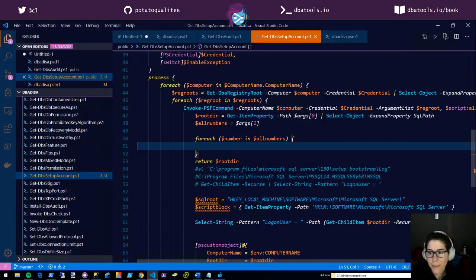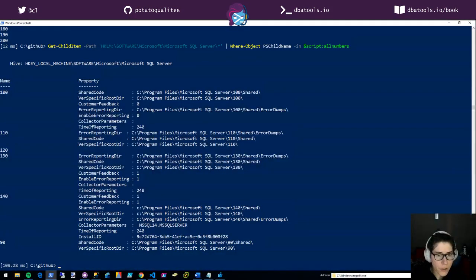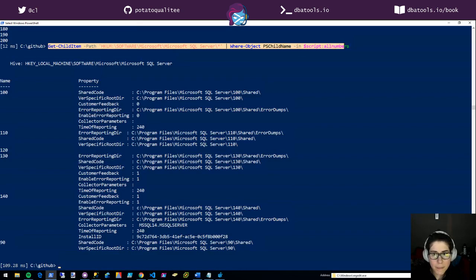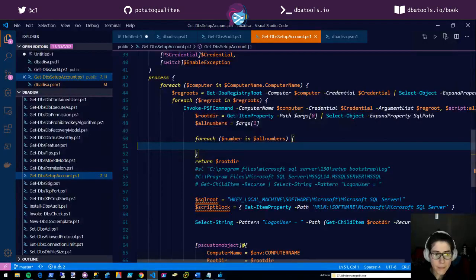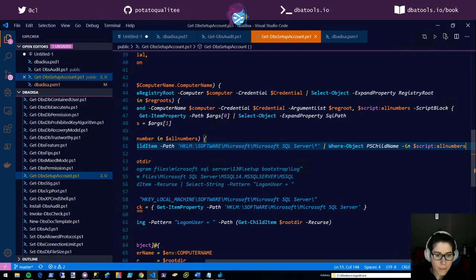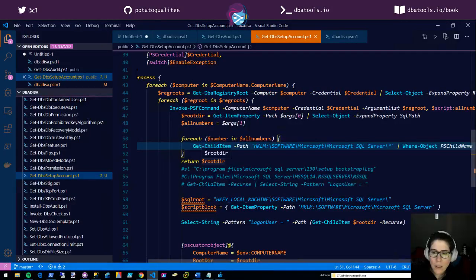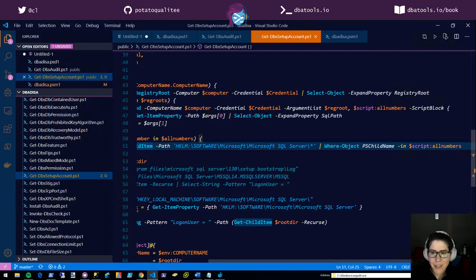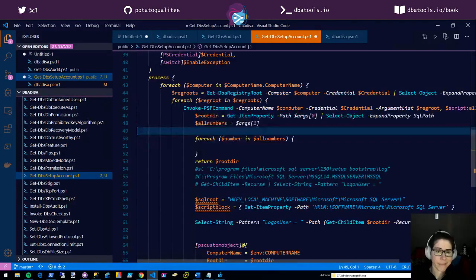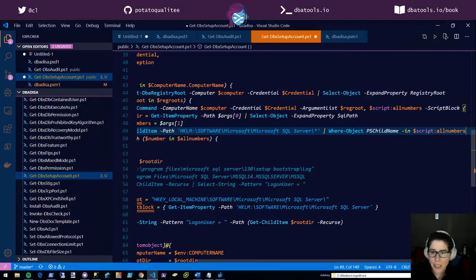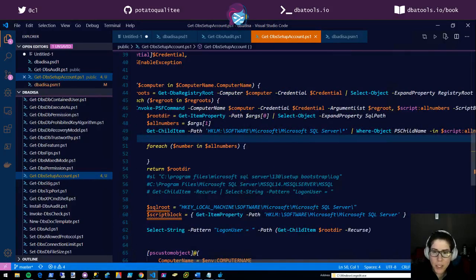Okay, so I need to go through and do this again. I don't completely have my code figured out. Oh, wait, I already did that. That's one way that you could do the for each, but instead I did it this way with in. Instead of equals, you could say if it's anywhere in these values.